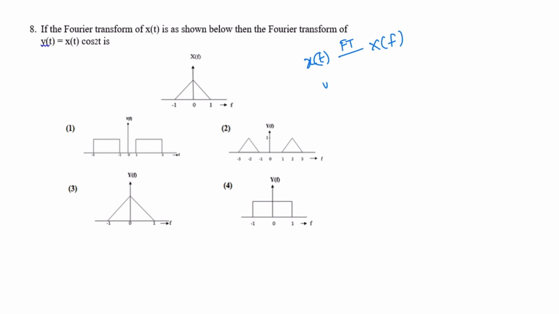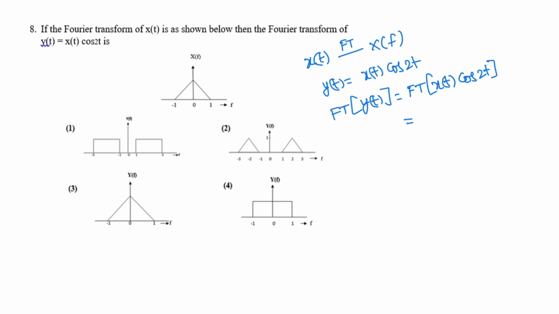And the signal y(t) is x(t) cos 2t. This is the signal y(t). And the Fourier transform of y(t), that is the Fourier transform of small x(t) cos 2t,